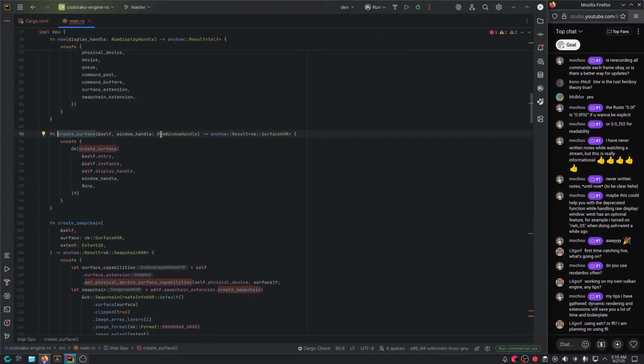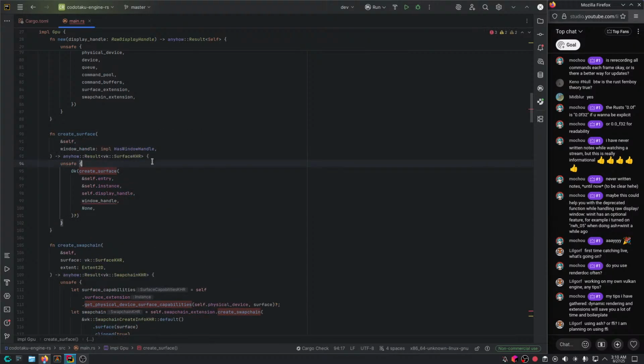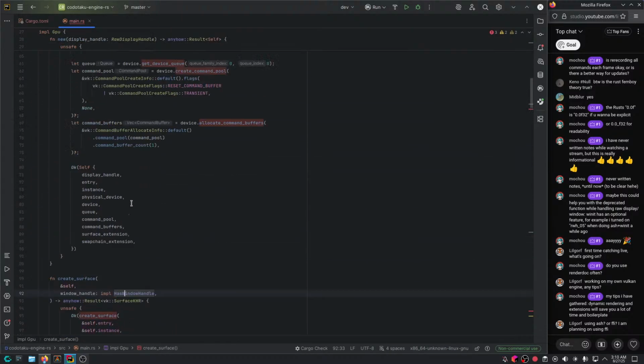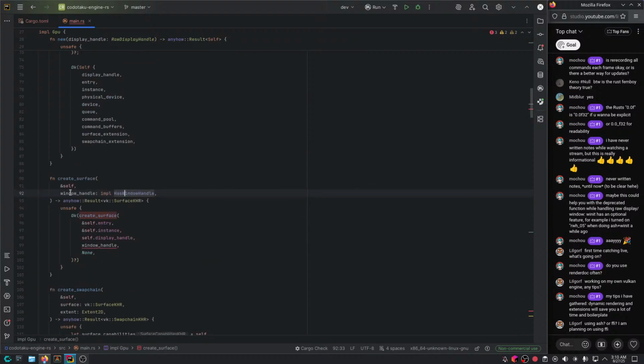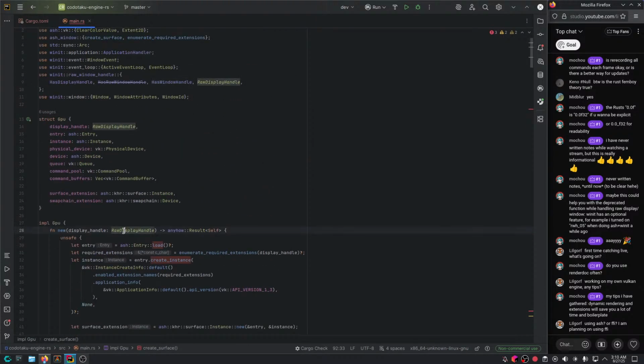Same thing here. Is that it? But let's just continue our thing here real quick. So implement HasWindowHandle, same thing here.